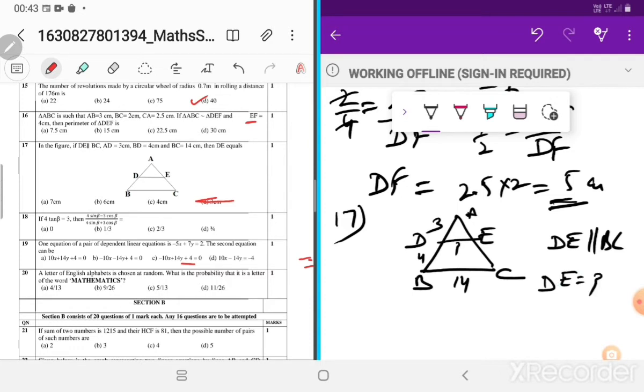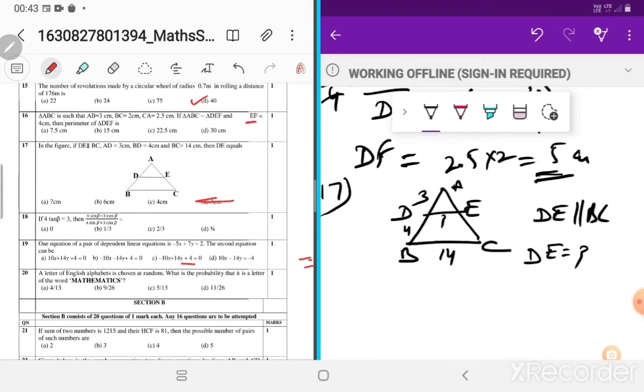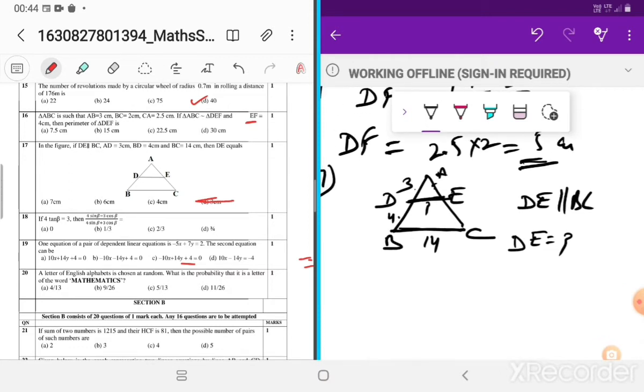So children, in Thales theorem, what we did, we know if one line is parallel to the other side, then the ratio of the parts where this line cuts the other two sides is equal. In Thales theorem, we are doing like that. So we can find easily, because we know these two sides, and of the other two, one I know, and the fourth one we can find out by applying Thales theorem. But here, we can't apply Thales. What we have to do, we have to make these two triangles similar, because we have to find this side.